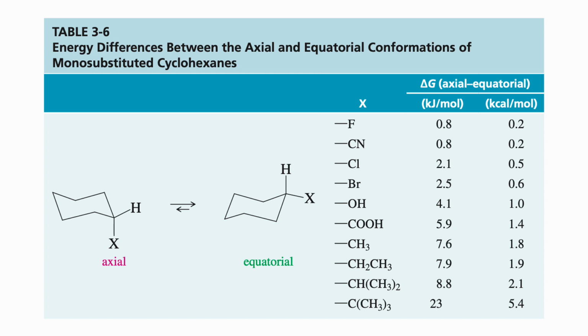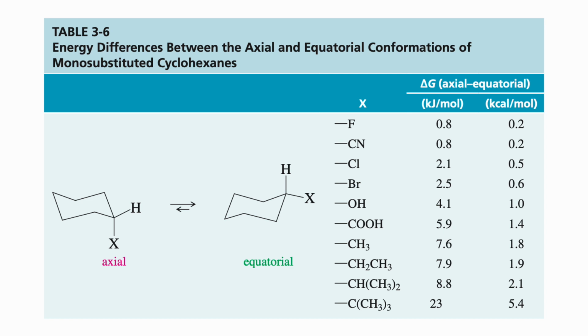Notice that for the tert-butyl, the difference between an axial and an equatorial tert-butyl is 5.4 kcals per mole, which is more than twice the amount of the previous group, which was an isopropyl. And a tert-butyl is not more than twice as big as an isopropyl. So it's kind of a surprising finding that a tert-butyl would have a number that's so much higher than the isopropyl. And so we'll see why that is in a minute, but it's important to recognize that